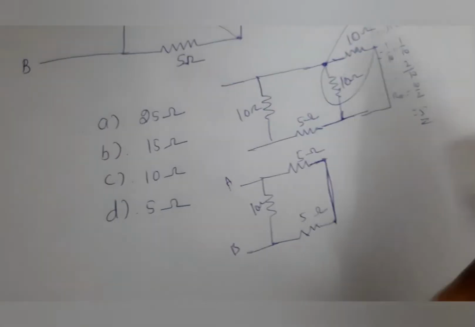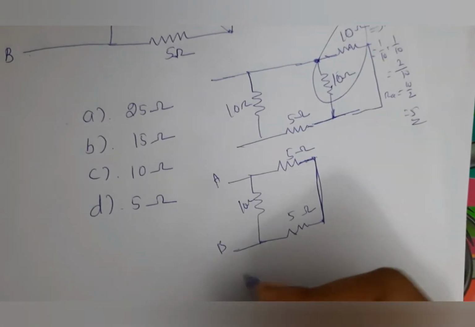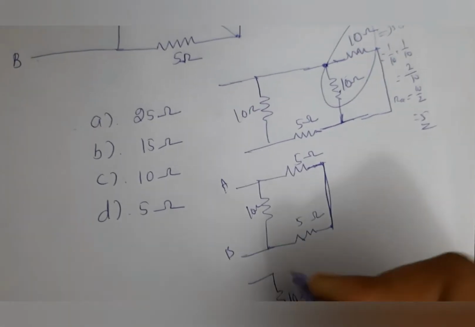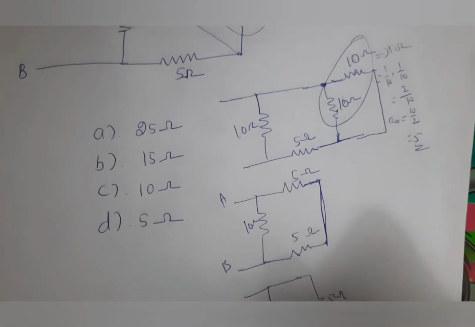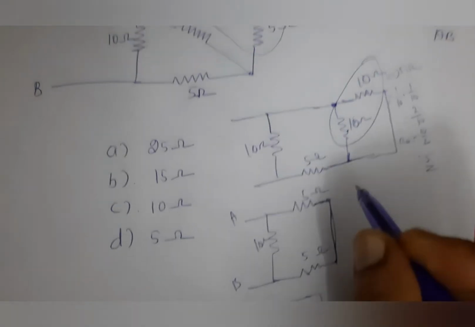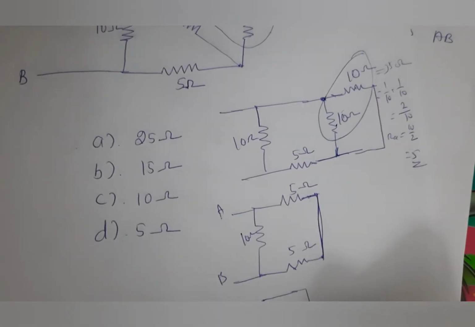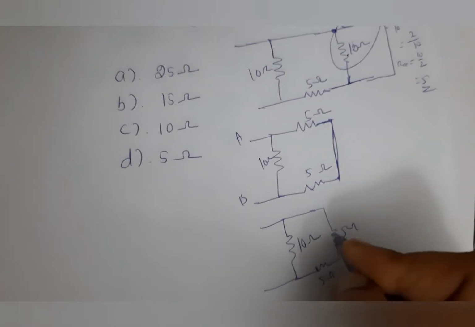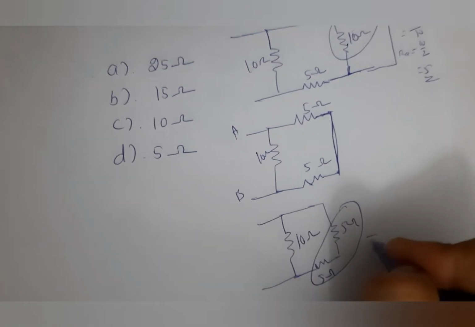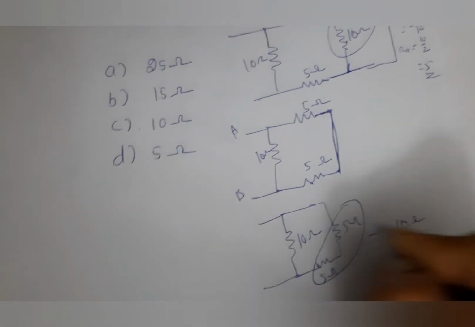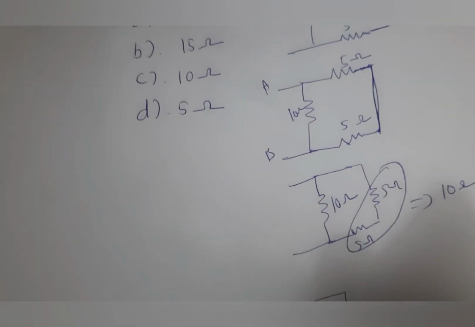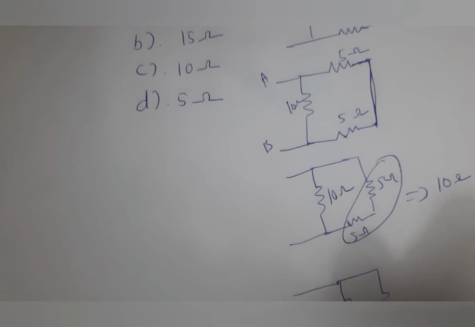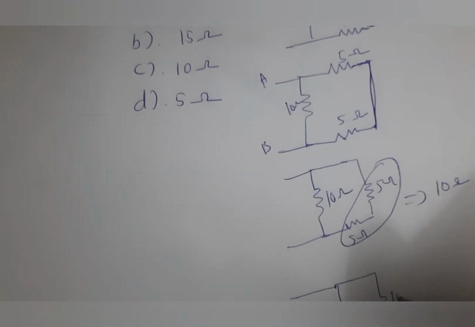terminal. Now this is a series connection, otherwise we can draw it like this also, 10 ohm and this is connected, this is 5 ohm and this is 5 ohm. So reducing this, we can redraw like this also. So these two are now series connected, so we just add these two resistors, that becomes 10 ohm. So now we can redraw this as, this is 10 ohm and this also 10 ohm, this is A and B.